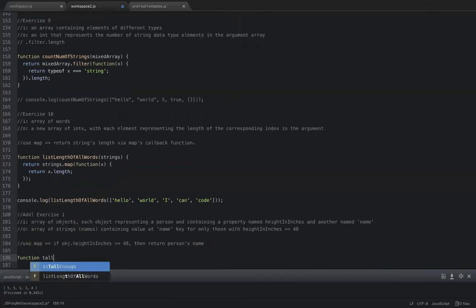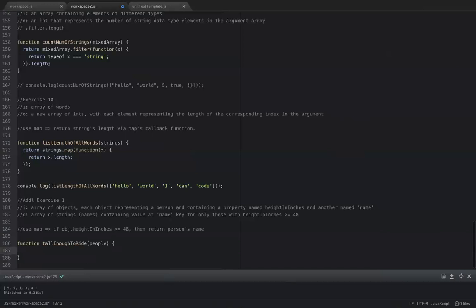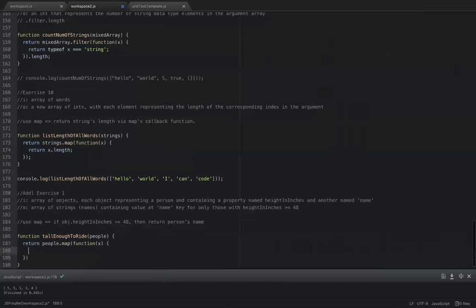Tall enough to ride. It's going to take an array of objects representing people. So I'll call this people. I'm going to return people map. My callback function is going to say